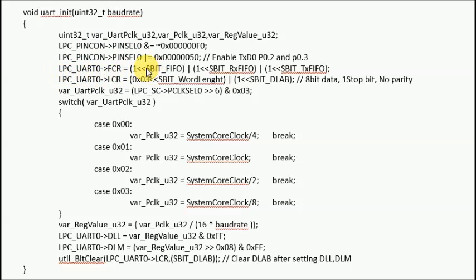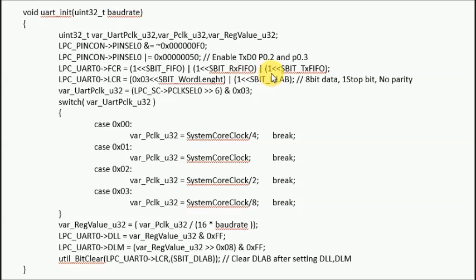Then what I did here is write 1 to the FIFO buffer, 1 to the transmit buffer, and 1 to the receive buffer. Sorry, this is the receive buffer and this is the transmit buffer, so that I initialize them for controlling the input and output parts. Then I have to control the frame format here. In the frame format, I have set 8-bit data, 1 stop bit and no parity, and the word length is provided here, that is the value of the word length and the value of DLAB that I have provided here.